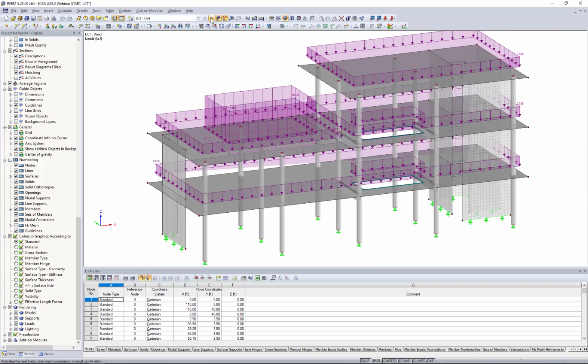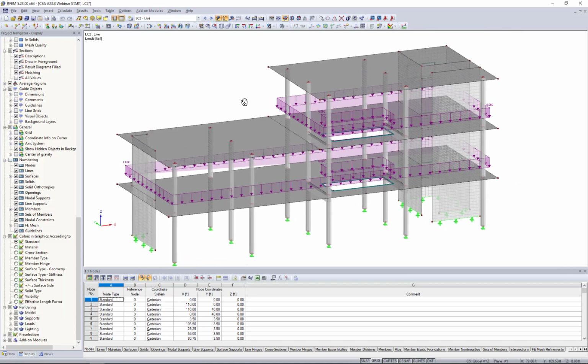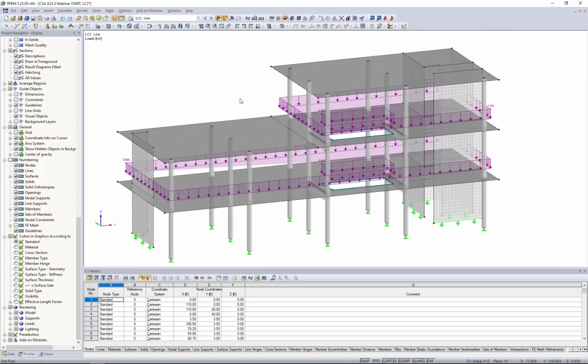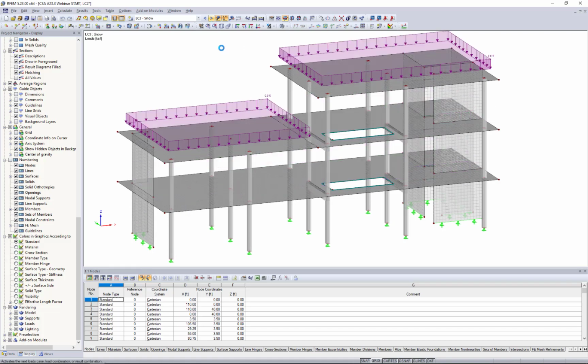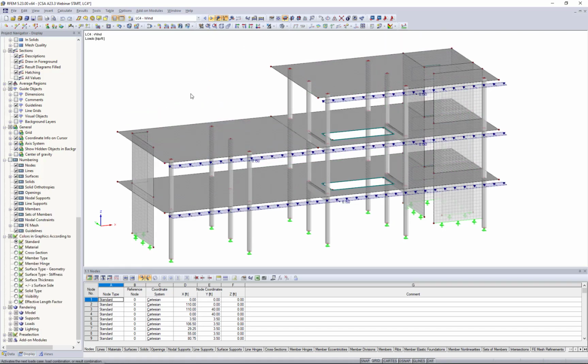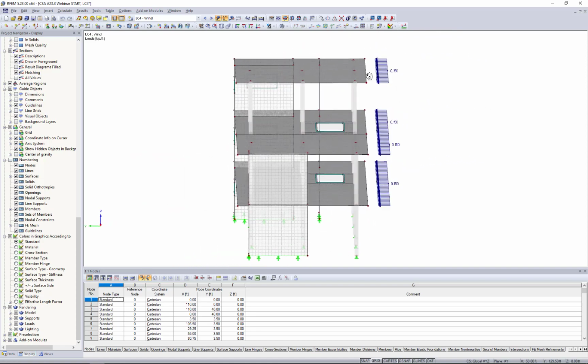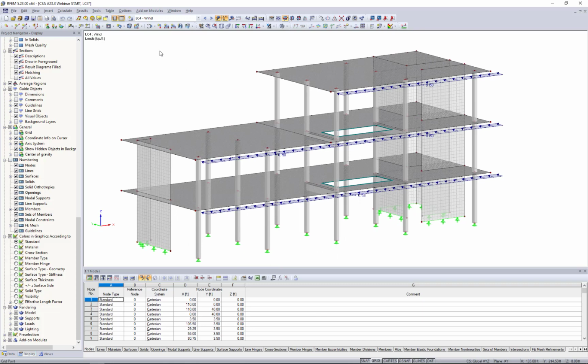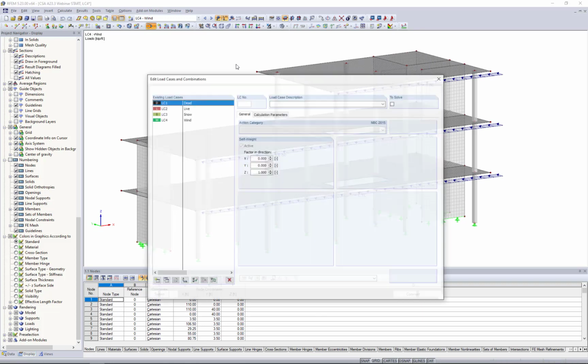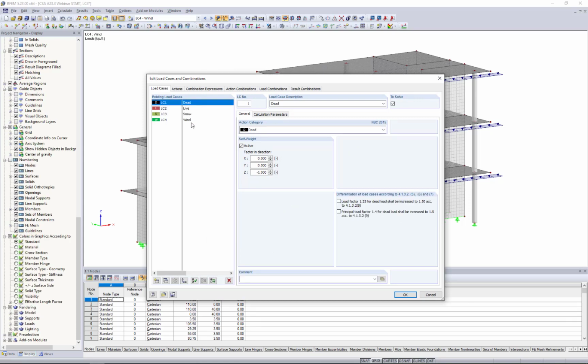In addition to the dead load, we have the live load, same concept at 0.06 kips per square foot. We have snow load applied to our roof levels. And finally, we have a simple lateral load here of wind at 0.15 kips per foot. If I go into my load cases and combinations, you'll see that I have my 4 load cases defined here